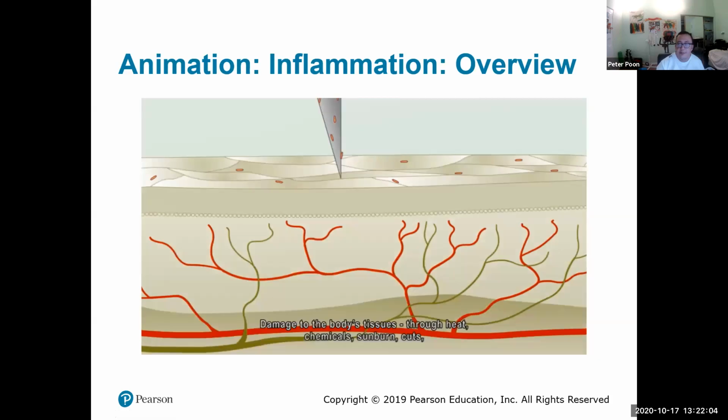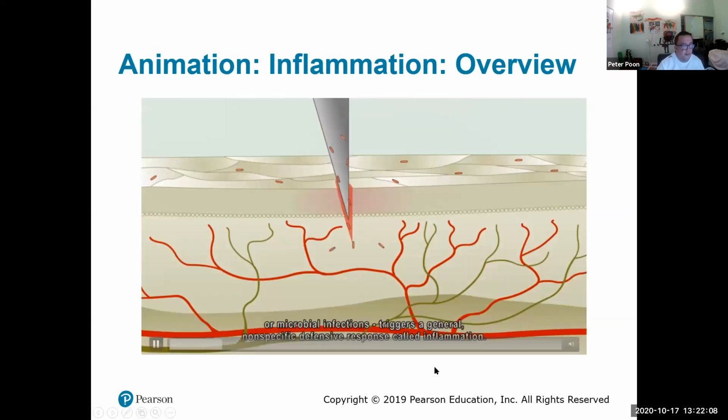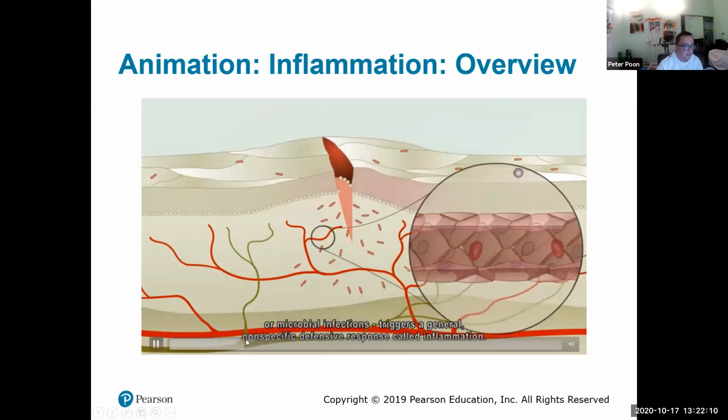Damage to the body's tissues through heat, chemicals, sunburn, cuts, or microbial infections triggers a general